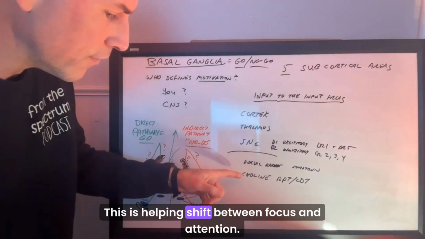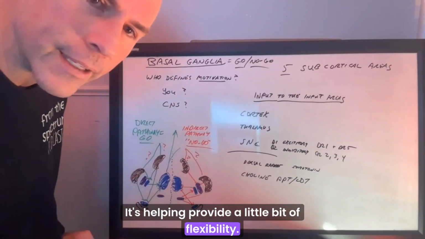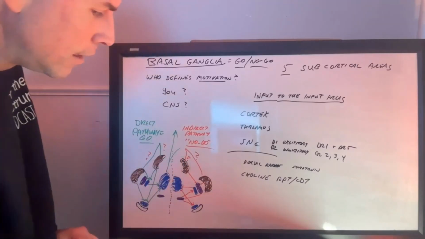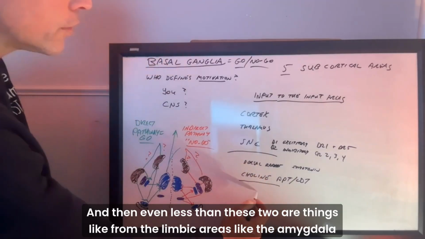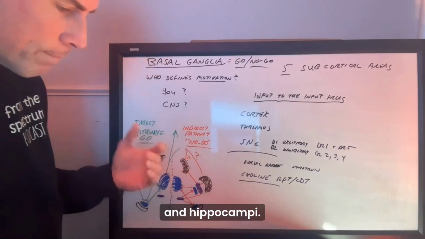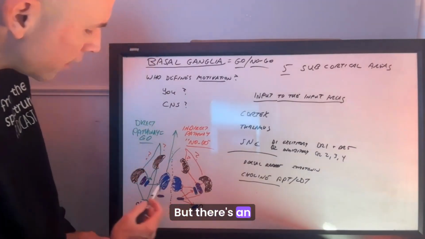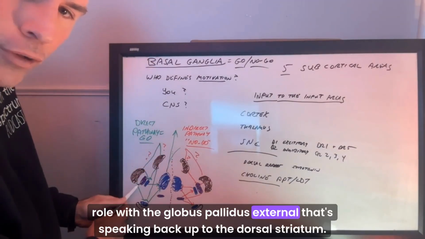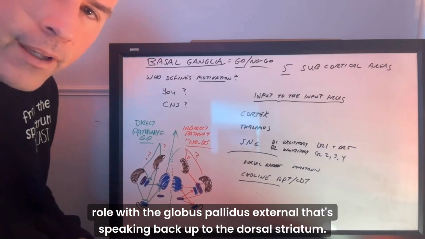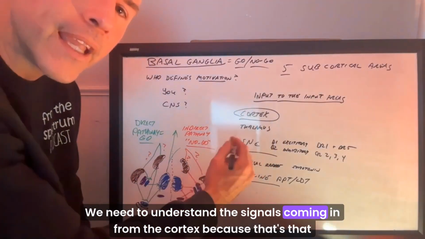This is helping shift between focus and attention. It's helping provide a little bit of flexibility. Pay attention to this type of thing. That's what acetylcholine does. And then even less than these two are things like from the limbic areas, like the amygdala and hippocampi. So most of these are excitatory, but there's an unknown role with the globus pallidus external that's speaking back up to the dorsal striatum. We're going to get there in a minute, but for now, we need to understand the signals coming in from the cortex, because